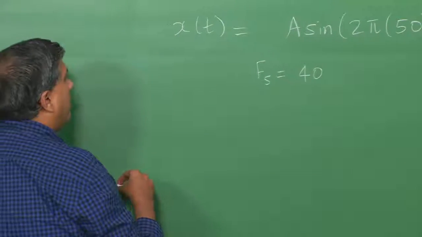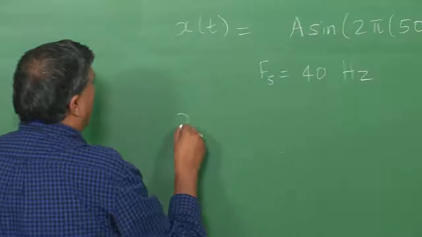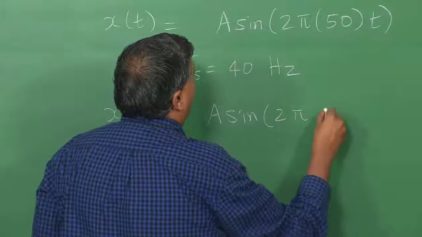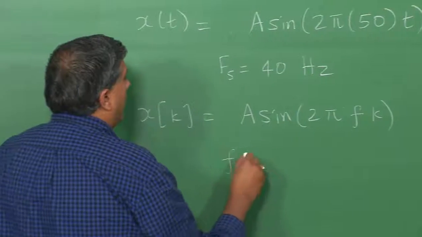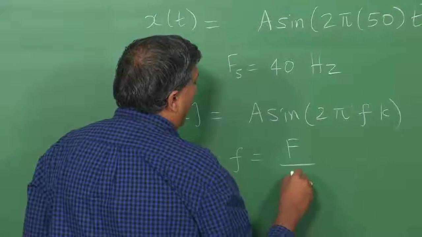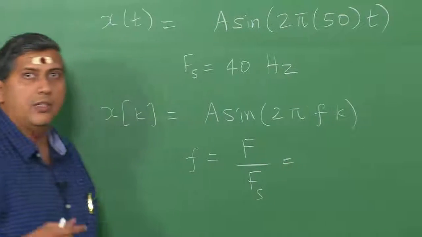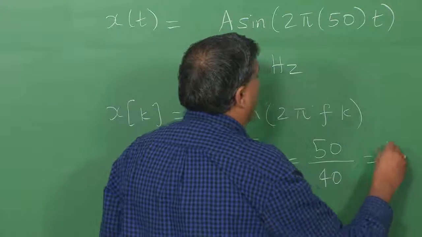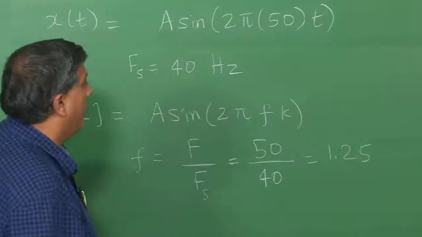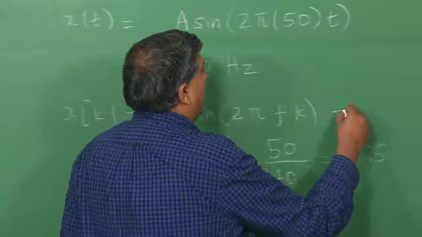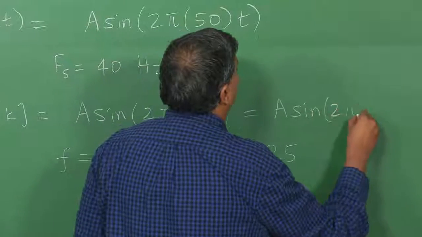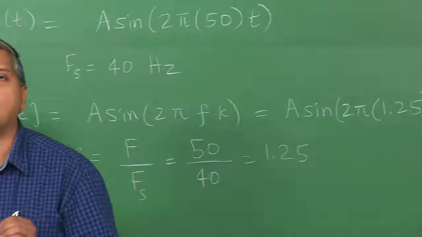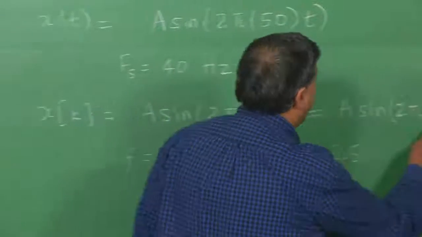We know from our sampling basics that the resulting discrete time signal is also a sine of frequency small f, where small f is given by f over fs, and f in our question is 50 hertz. So, I have 50 over 40, and that gives us 1.25, right. Therefore, the discrete time signal that I have is a sine 2 pi 1.25 k. And if you recall from the discussions from the lectures that we had on aliasing, this sinusoid of